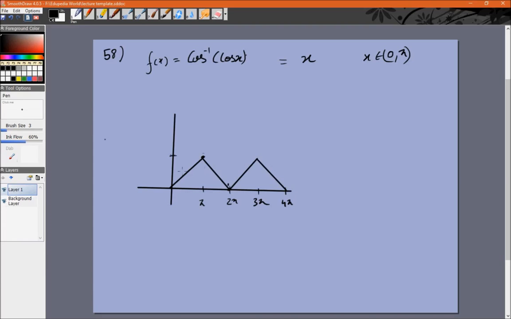This is f of x because the answer to the question cos inverse of something, whatever it is, will always lie between 0 and pi. You can try to do it for individual regions. This is the graph that is going to be made. The second function is